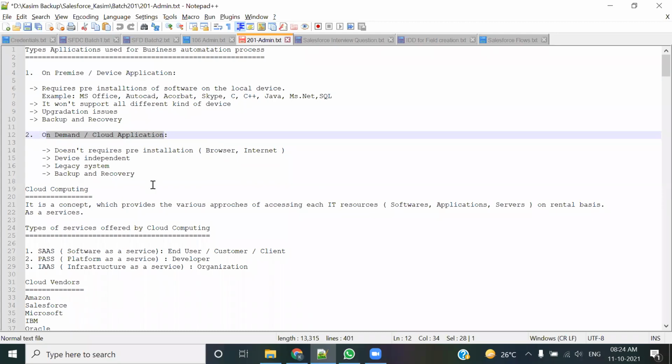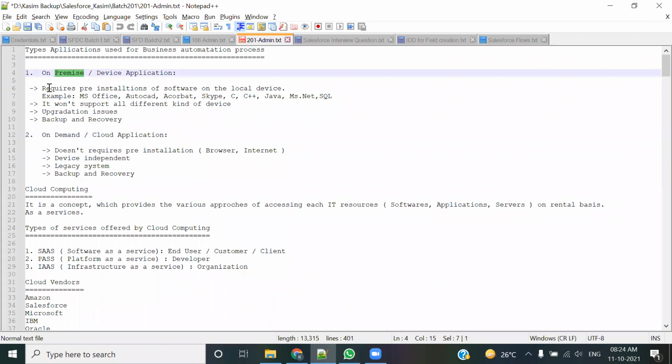Because see, you are heading towards Salesforce training, and Salesforce training will lead you towards the cloud technology. So you must be aware of this. What exactly is the cloud? How is cloud different from other technology? And what are the benefits we are going to get with this technology? Why are we going in this direction, and why are we not going in an on-premise direction?